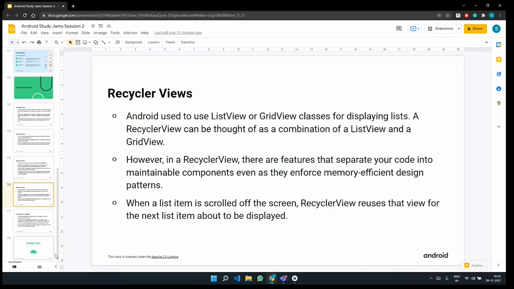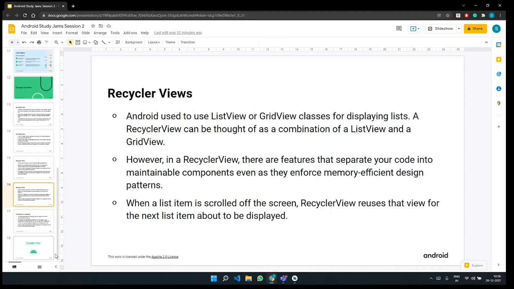The first thing I would like to add is that recycler view makes it easy to efficiently display large sets of data. When you take the InShorts app into consideration, you have news coming from all over the world, and the news is never constant. When you take the database into consideration, or the number of articles that arrive at the news office every day, there's a lot of content.